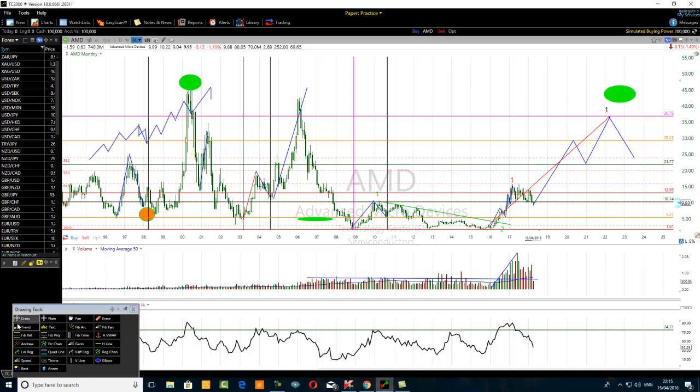And we will do exactly the same thing, expecting the third wave to go to the 200% Fibonacci extension level of this first wave of a higher degree, expecting the fourth wave of a higher degree to be at the 38.2% level of the third wave, the forecast third wave of a higher degree, and we will expect the fifth wave of a higher degree to go into the 138.2% Fibonacci extension level of the forecast third wave of a higher degree. So we can do that to extend it over and over and over again, which means this pattern